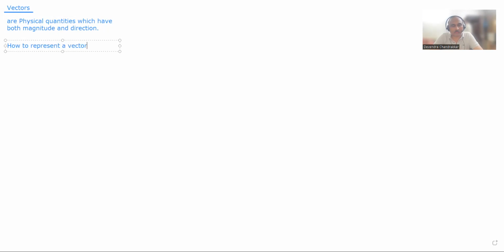So symbolically, we can represent a vector by an English alphabet with an arrowhead over it, right? By an English alphabet with an arrowhead over it. Now pictorially, or graphically, we can represent it by a straight line where this end is called as, this is called as,